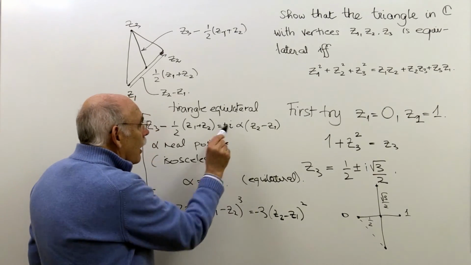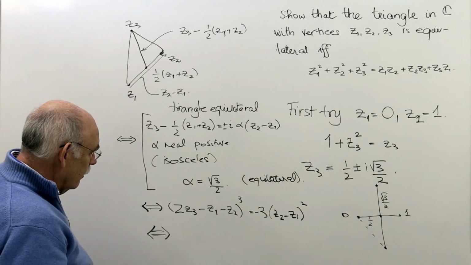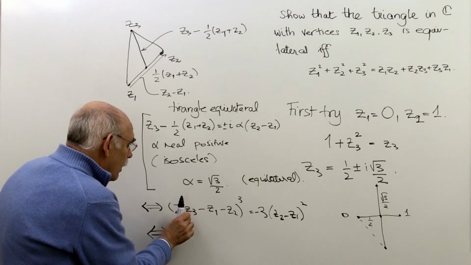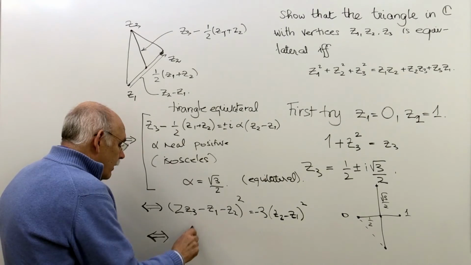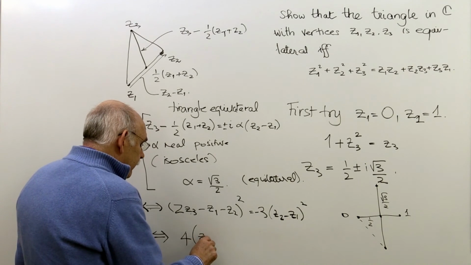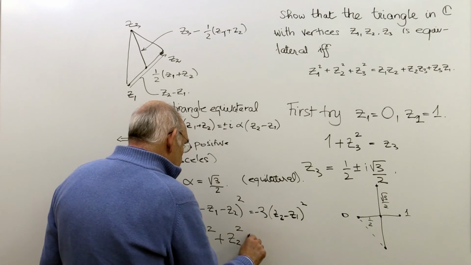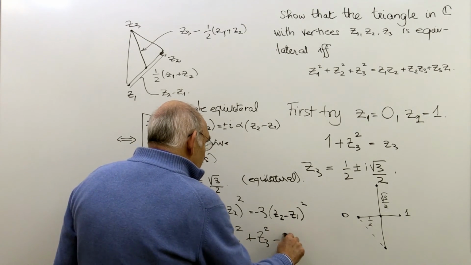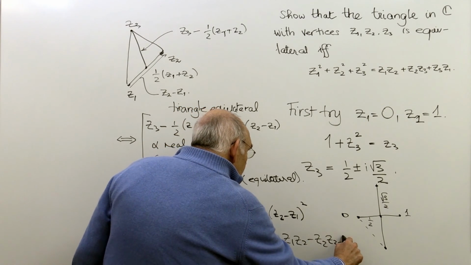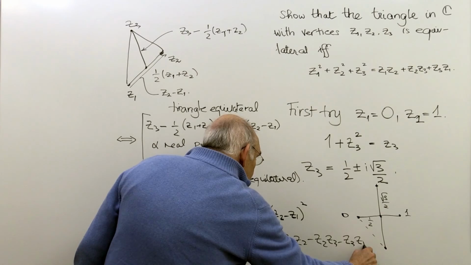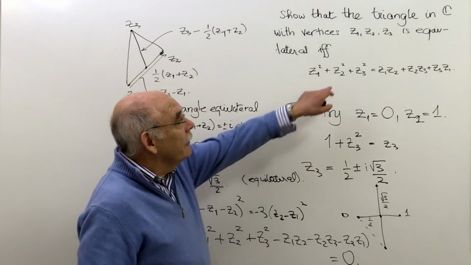There was an i there, so minus 3. If I expand this out, then I see that this is equivalent to saying that we will end up with 4 times (z1 squared plus z2 squared plus z3 squared minus z1 z2 minus z2 z3 minus z3 z1) equals 0. And this, apart from the factor 4, is exactly the condition